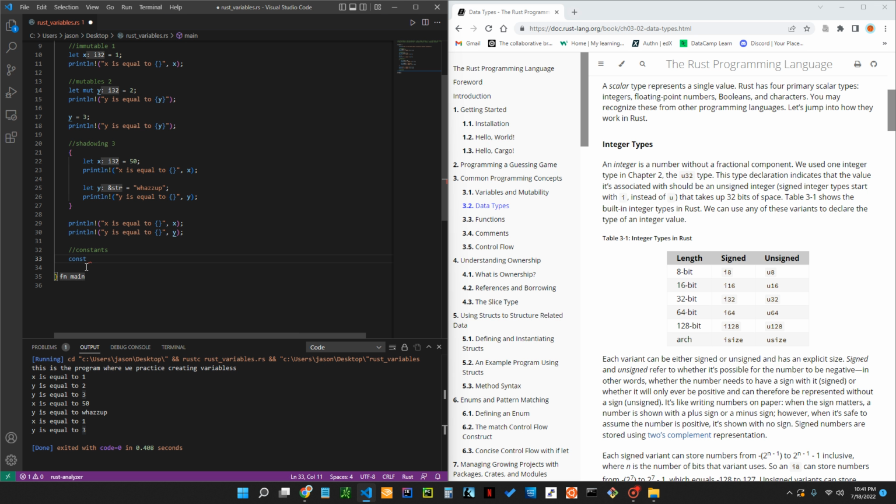So you could name all these variables whatever you want. They don't have to be x, y. They could be just like var name or JSON variable or whatever. But here we're going to do const. We're going to just say capital Z. And with constants, you also have to declare really specifically what type of variable it is. So here I'm going to say, I'll say